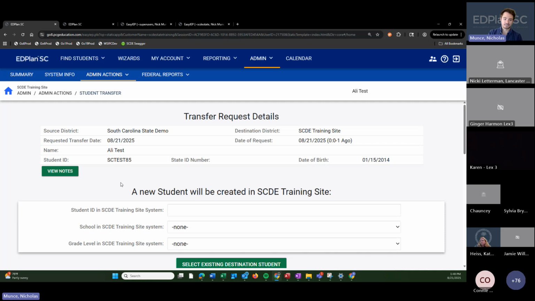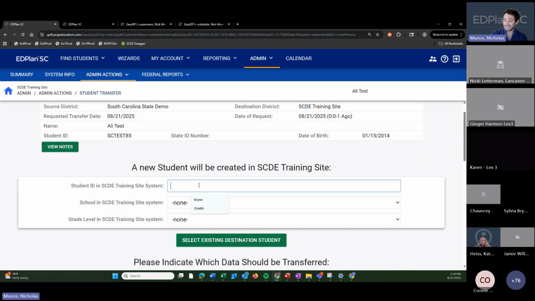And then once here, this is the point where the duplication can be introduced. So I really want to spend a good amount of time here hovering on what to do and what not to do. I'm going to start out with what not to do. So you'll see at the top that I found my student. This is telling me we found Ali test. Here's their ID number. We see them over in this other site.